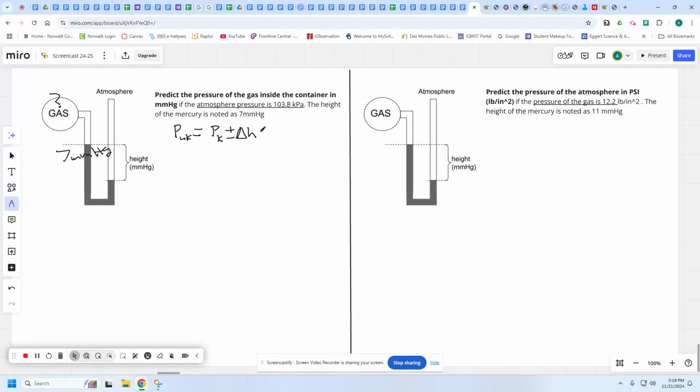But we can't even use this equation until we get the units into the same family of units, because during addition and subtraction, you have to have the units in the same family. And since the directions say I want it in millimeters of mercury, I'm actually going to change the atmospheric pressure from kPa to millimeters of mercury. So that means I have to do a unit multiplier. Starting with what I have, I'm going to take it times a known ratio. And this known ratio that I'm going to multiply it by here is just built from the standard pressures listed